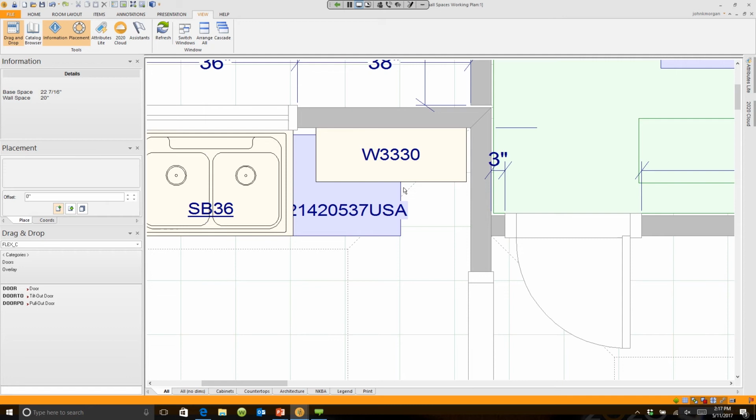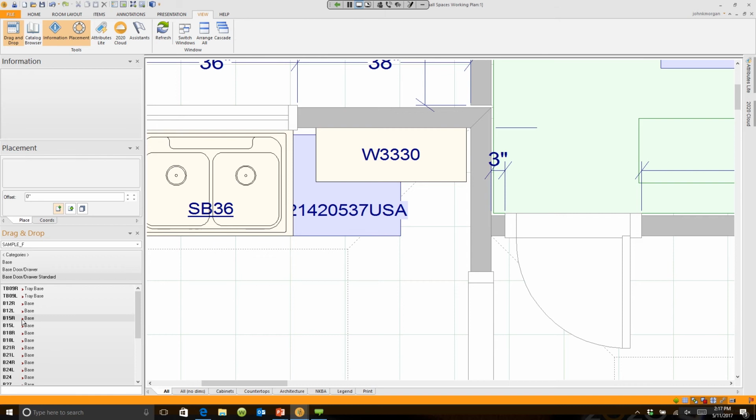If I move my cursor to the other side of that line, it tells me that I have 15 3/8 of an inch of space. So I can put a base 15 in there. So let's go to our catalog. We'll come over here to my catalog under drag and drop. I'm going to scroll down here just a little bit, and we will go down to the generic catalog, sample F, which is a framed generic catalog. Now I'm going to go into base cabinet, base door drawer, base standard, and I'm going to grab a 15